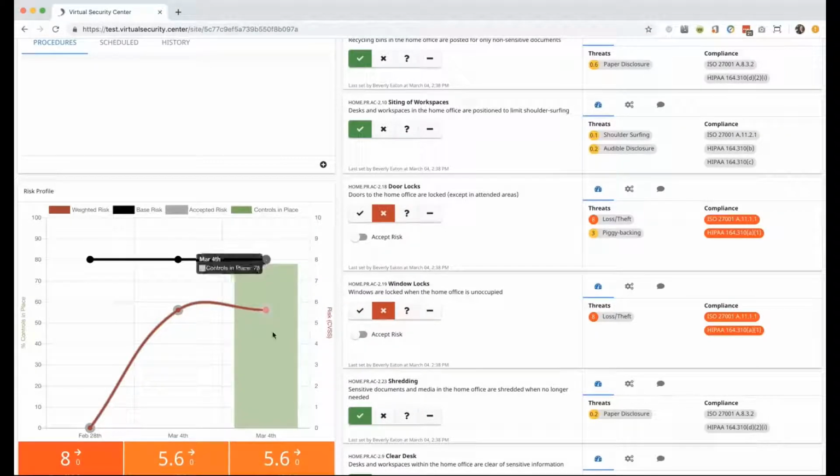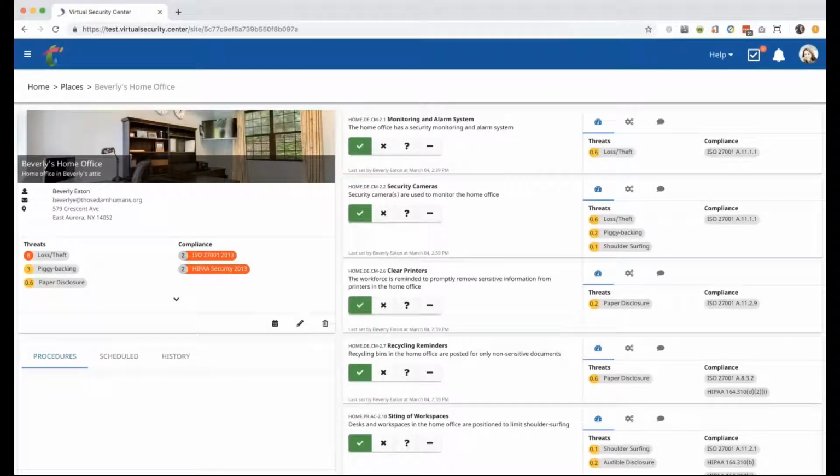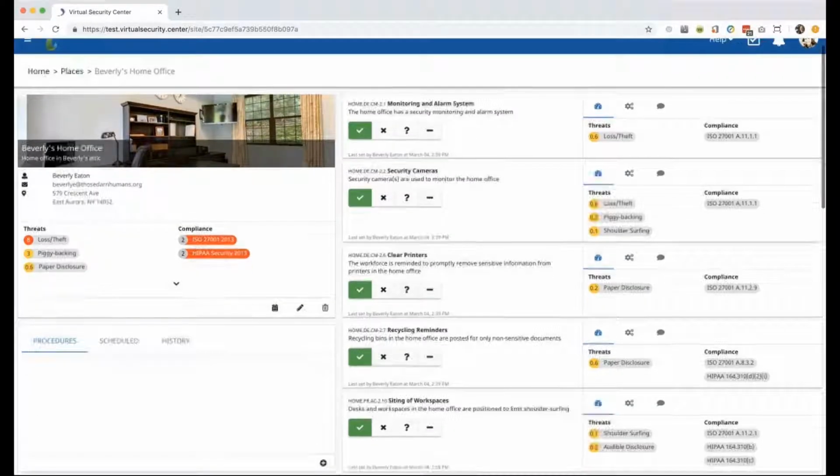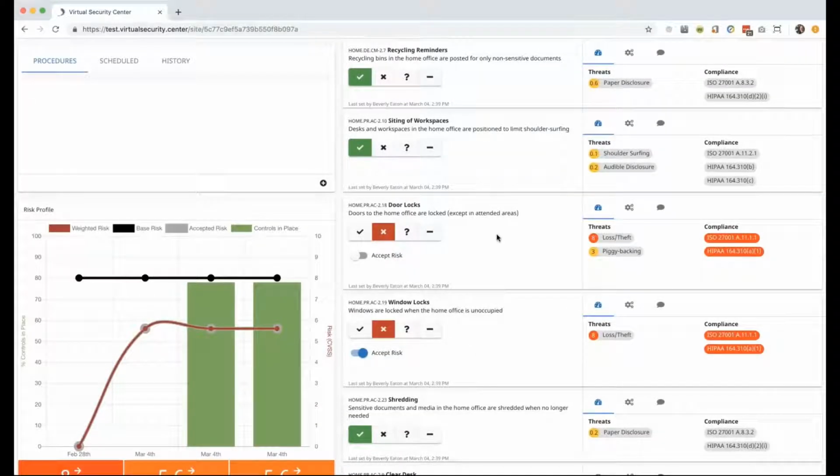She's got a different threat score. So what I could do is I could say, listen, Beverly, I am going to say that it's acceptable for you to lock your windows, and I'm going to save that. And when I do that, it changes the way that I'm viewing her risk. And then I'm going to go ahead and ask her to fix her door